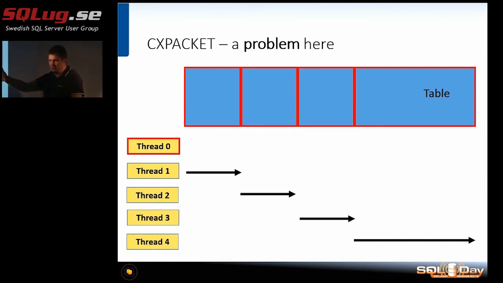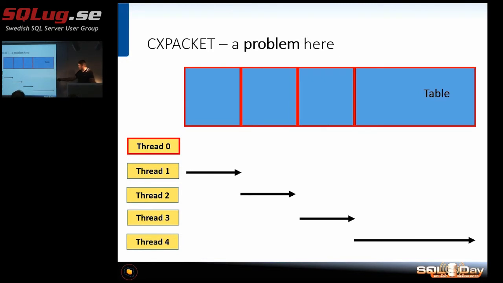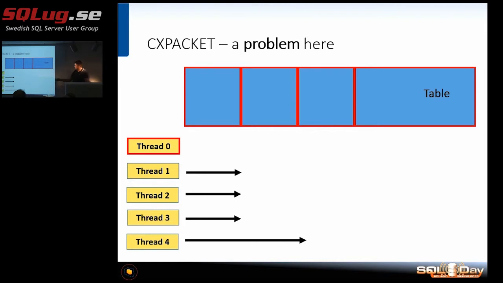We have an ever-increasing key, for example an auto-incrementing identity key, and we have not updated statistics, or the automatic statistics update has not started yet, because there is not that big a change. So SQL Server does not know about this part. It thinks that every one of these threads will still have the same amount of work to do. Now we can see that thread number 4 has much more work to do, and has to scan more